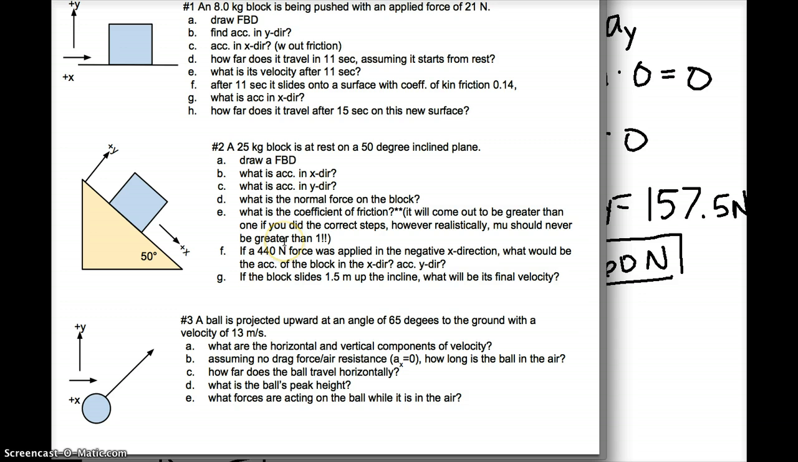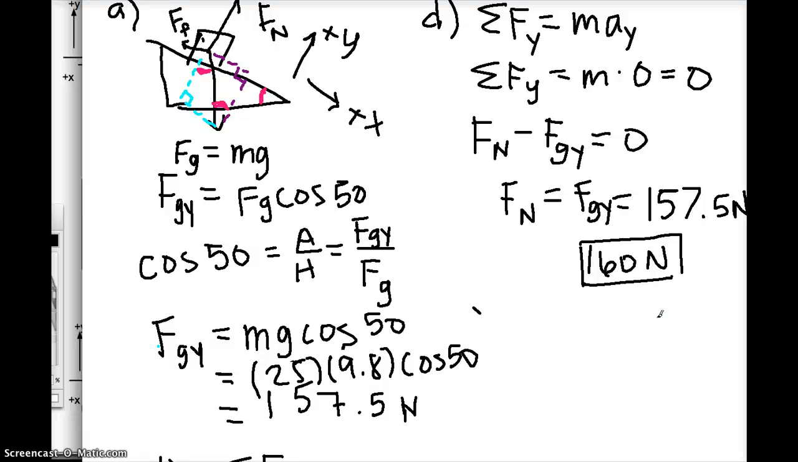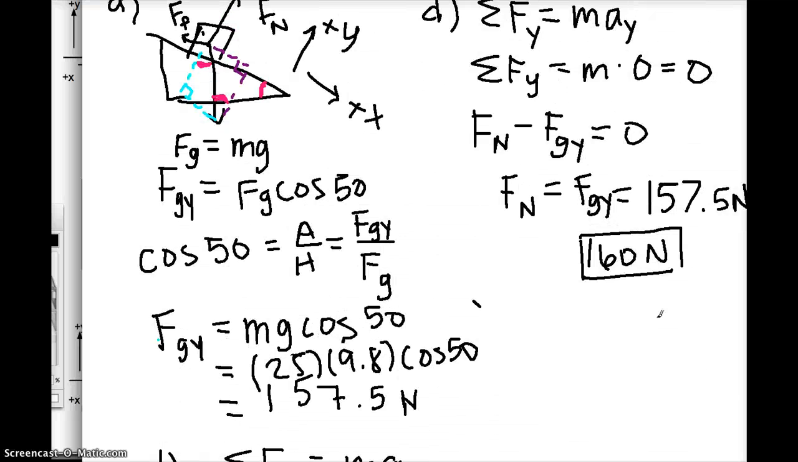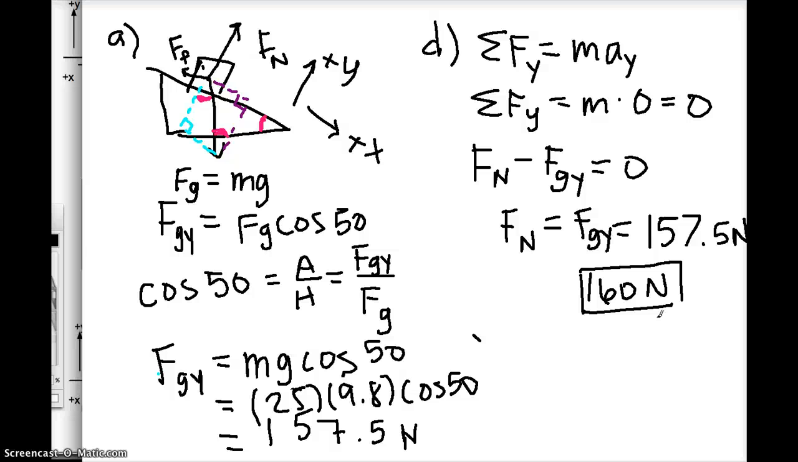Part E asks for the coefficient of friction. And I'd mentioned already in class that we're going to get an answer that comes out to be greater than 1 if we did the correct steps. However, realistically, that's impossible. The coefficient of friction is a ratio between the normal force and the net force of the object, so it's unrealistic to think that a normal force would be greater than the net force acting on the object. And so we get to one in this problem